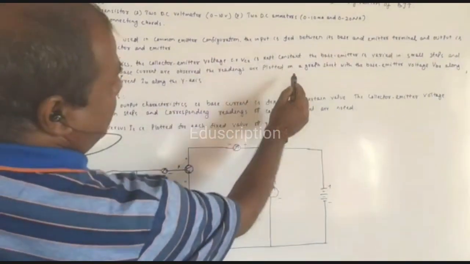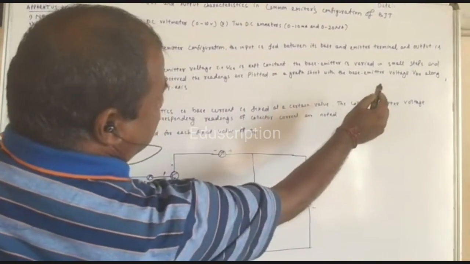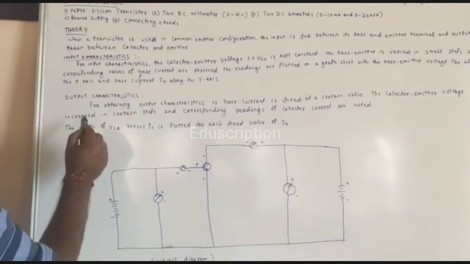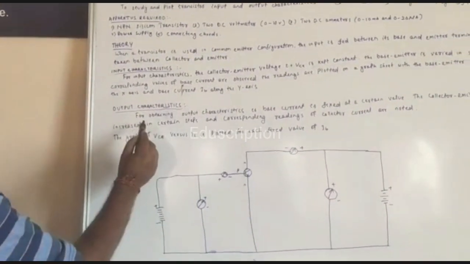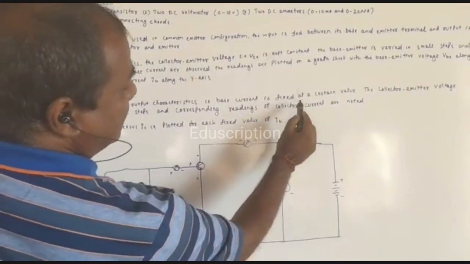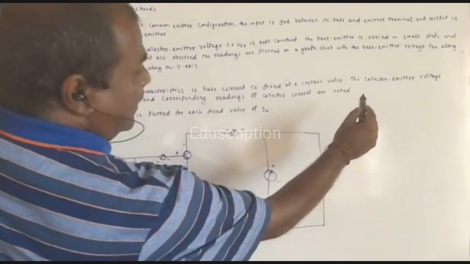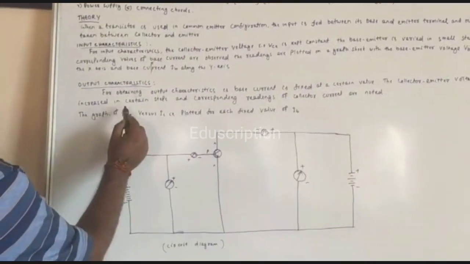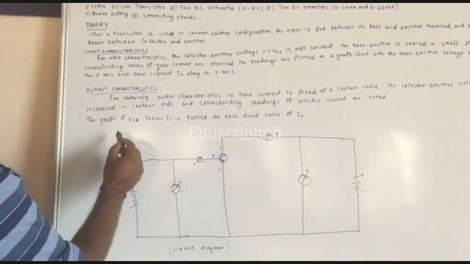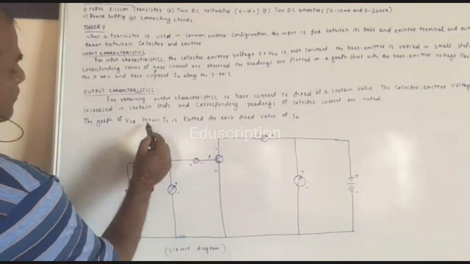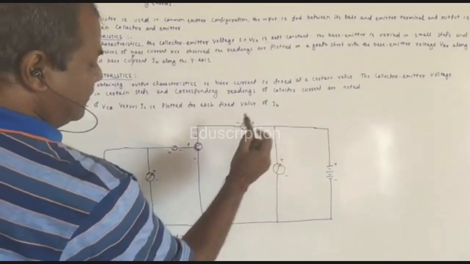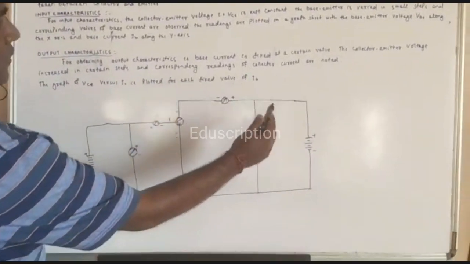The readings are plotted on a graph sheet with the base emitter voltage VBE along the x-axis and base current IB along the y-axis. And output characteristics: for obtaining output characteristic, base current is fixed at a certain value. The collector emitter voltage is increased in certain steps and corresponding readings of collector currents are noted. The graph of VCE versus IC is plotted